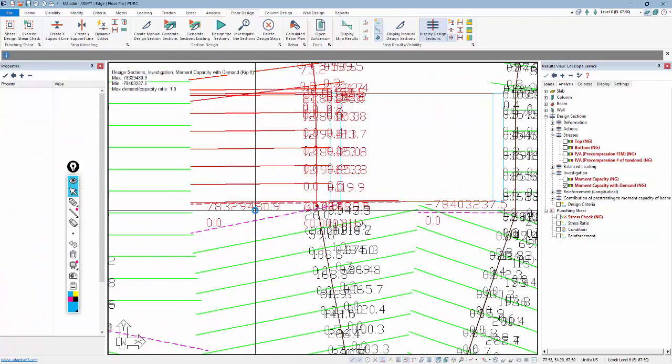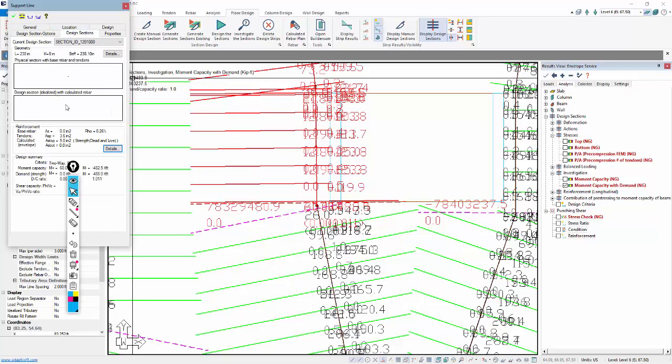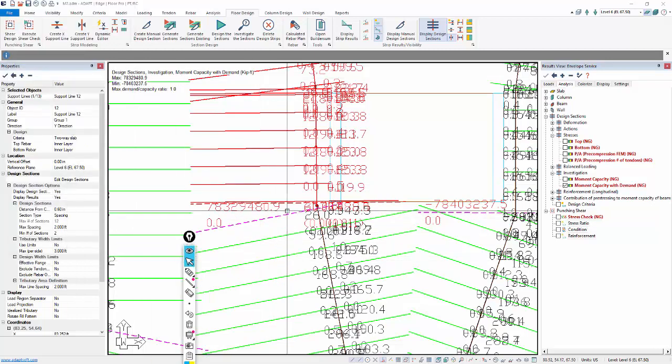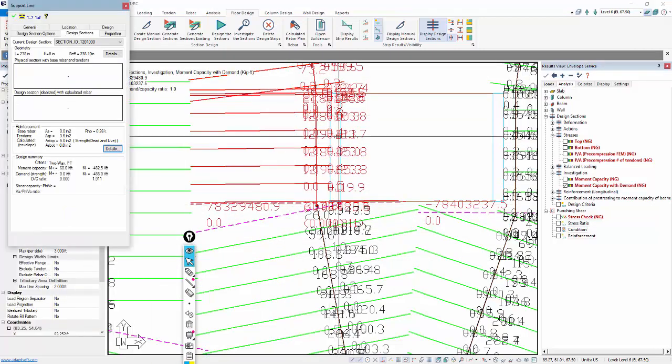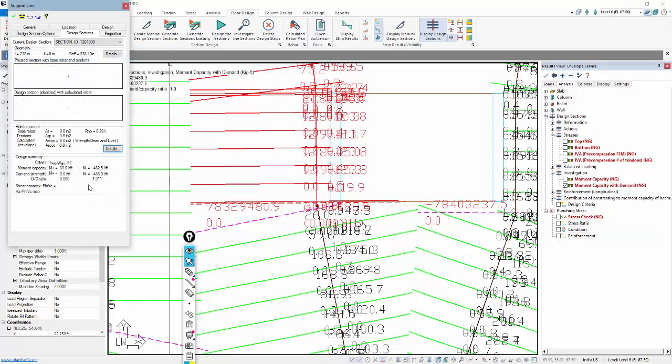If you look at the design cut, if I actually double click on that design cut, you can see that the design cut's actually using the wall. It's referencing the wall as part of its section, so you get really high effective depth. If you go to details of the reinforcement, you can see the reinforcement details, CG from top or bottom of section, but I can tell that this is just an inaccurate design cut because this value does not show the actual physical